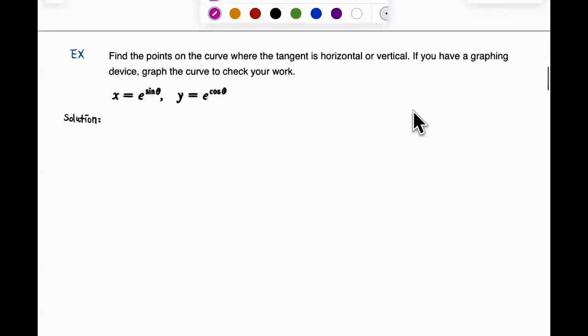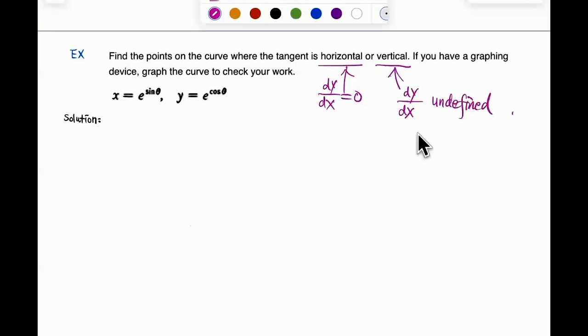The next example, we're trying to find a point on the curve where the tangent is horizontal or vertical, right? How do you get the tangent is horizontal? Yeah, dy dx is going to be equal to 0, right? Horizontal tangent. Vertical, you have dy dx will be undefined, right? And we know that dy dx is the same as dy dt over dx dt. So when you have